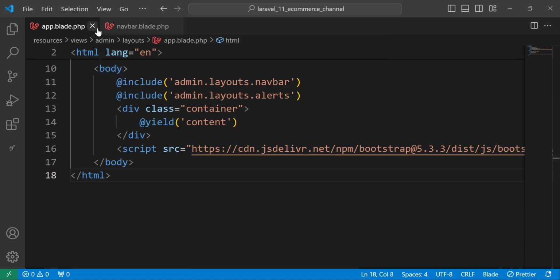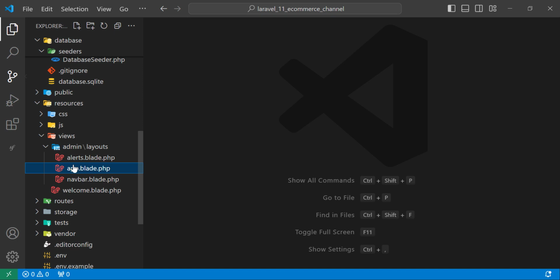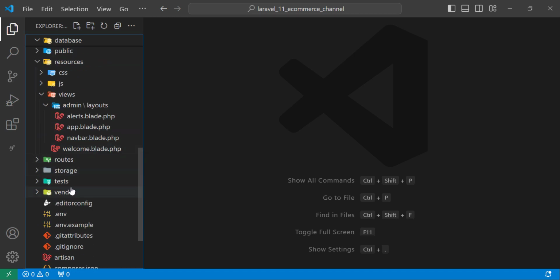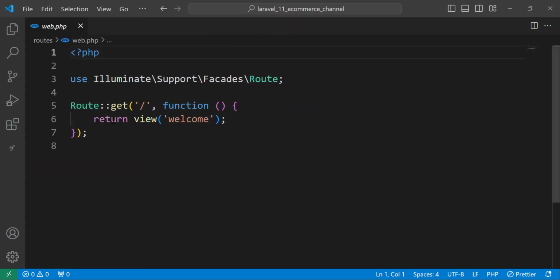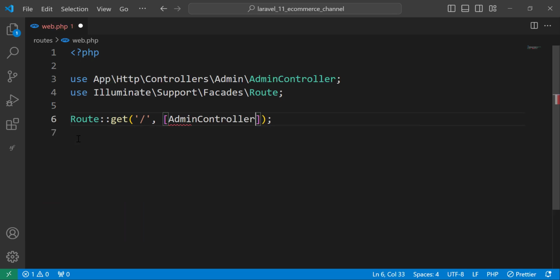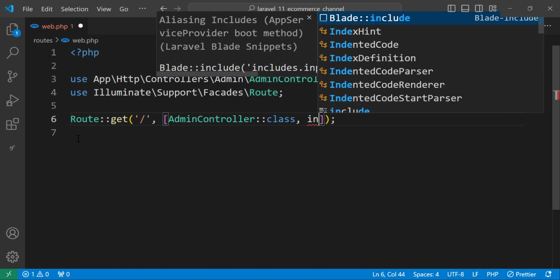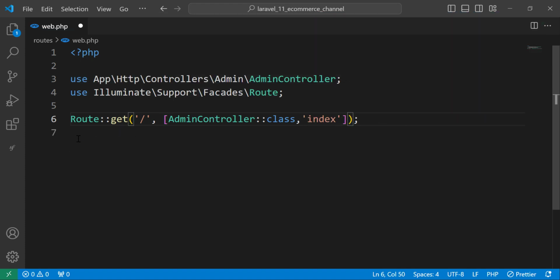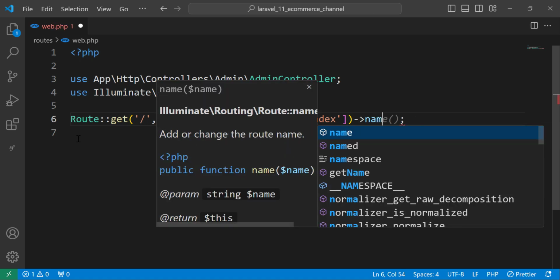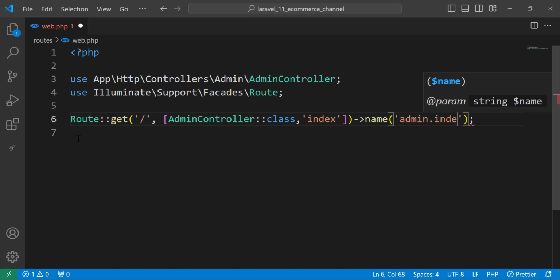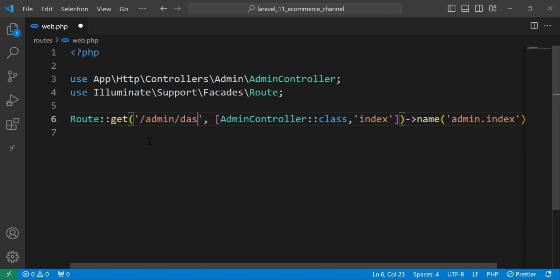So now let's move to the routes. Let's add for now a route just to see what we have here. So where is the route? So here, let's add the routes. So we have already this one. Let's use it. And add admin controller. Don't forget to import it, class and index. And the function is index, and let's give it for now a name, which is admin.index. And let's add here admin /